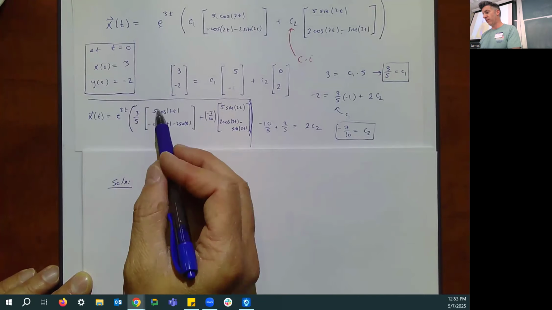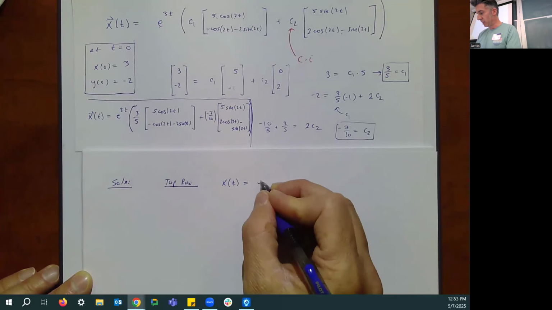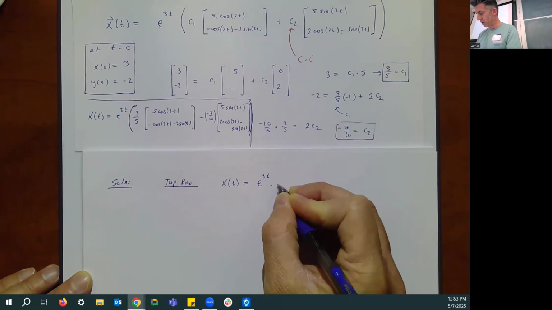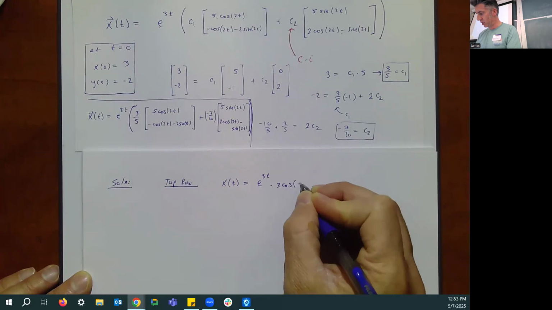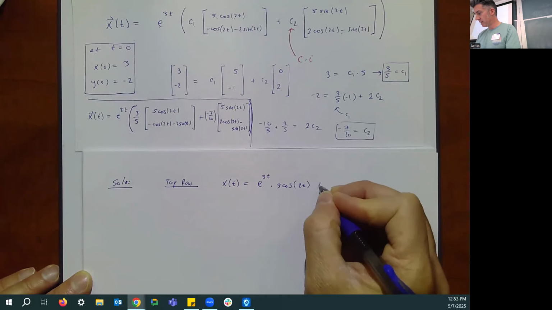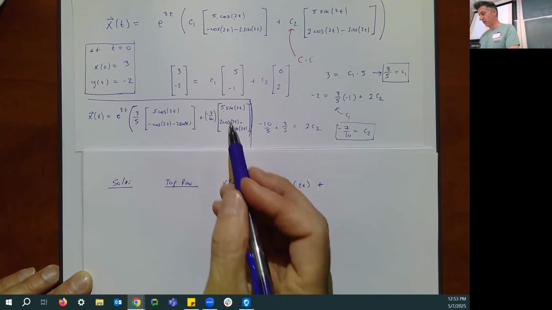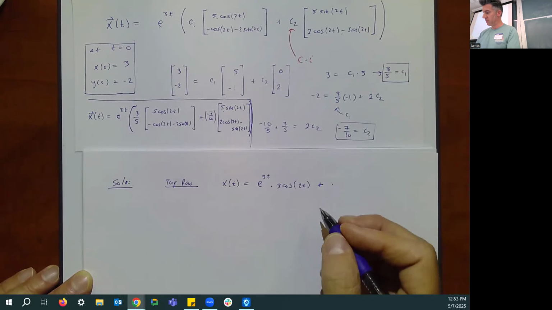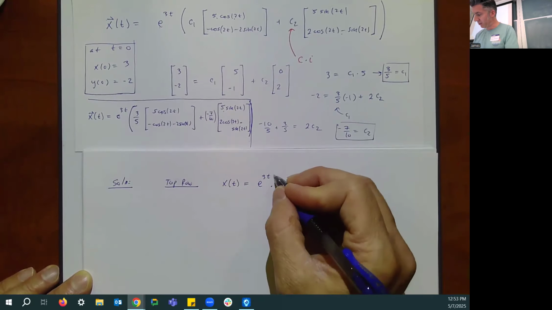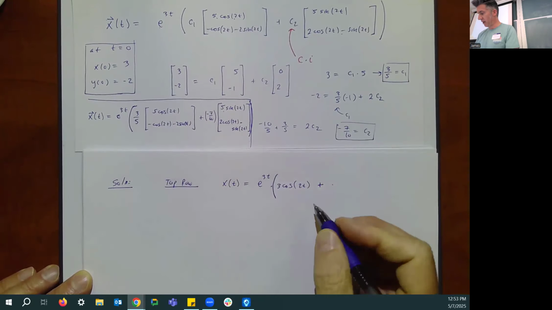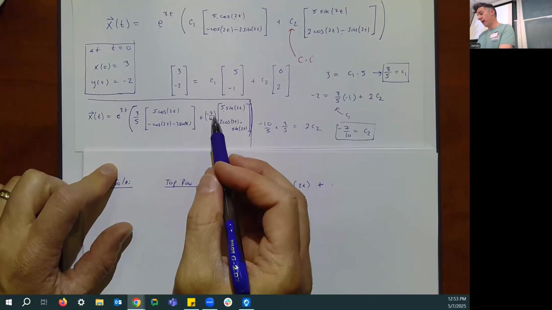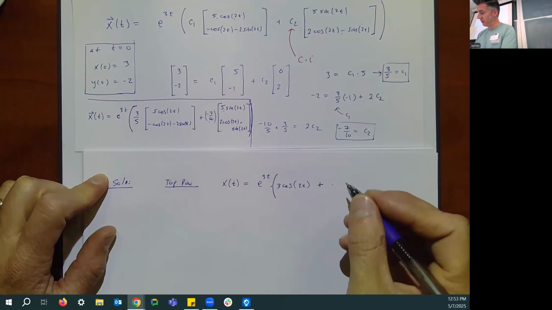I guess the 3/5 times 5 is going to give me a 3. So it's e to the 3t times 3 cosine of 2t plus e to the 3t times negative 7/10 times 5 sine of 2t. So I can factor out the e to the 3t part and say I've got negative 7/10 times 5 is negative 7/2